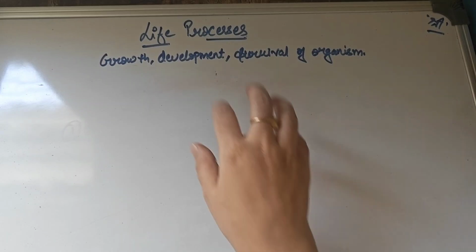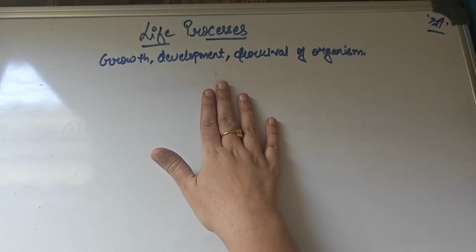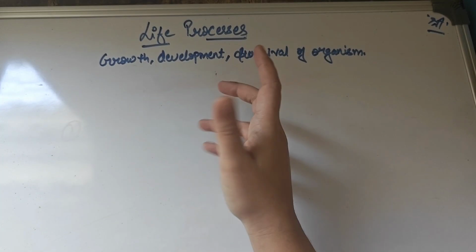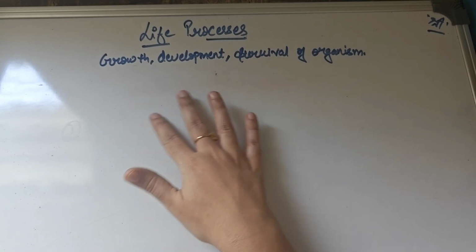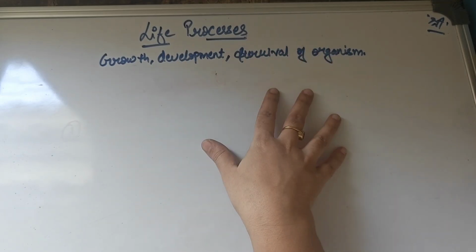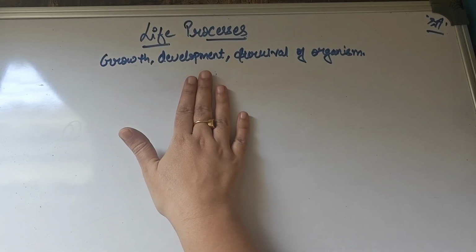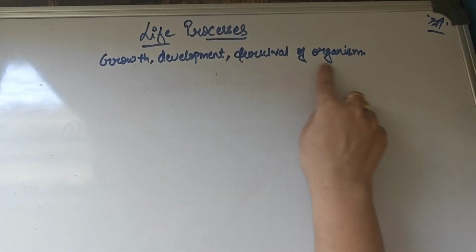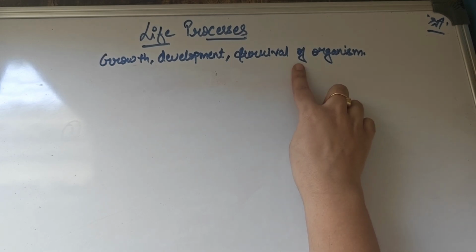So today we are going to talk about the very first chapter of biology of grade 10, which is life processes. Let us first understand the meaning of the title of your chapter. What do you mean by life process? Any process which happens in your body, which is happening right now, which keeps happening in our body, which is important for the growth and development of your body, but at the same time is important for survival as well. That is what is meant by a life process.